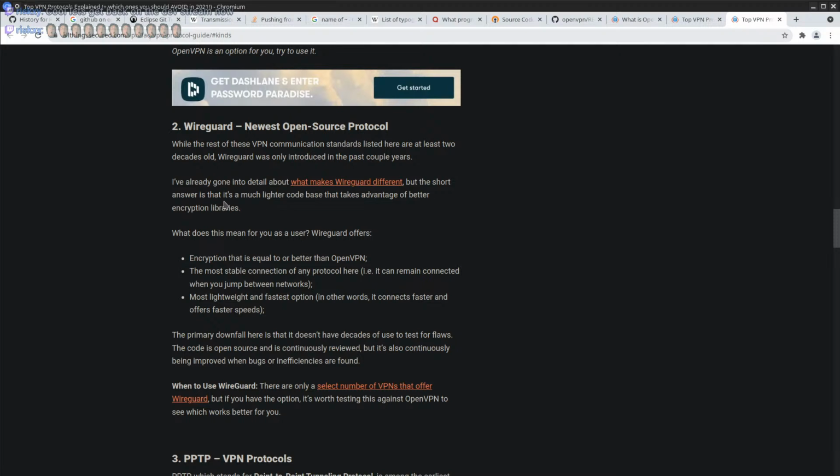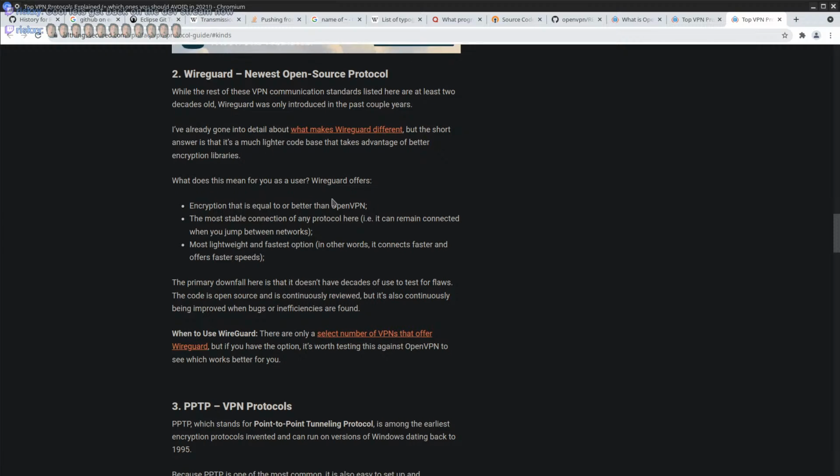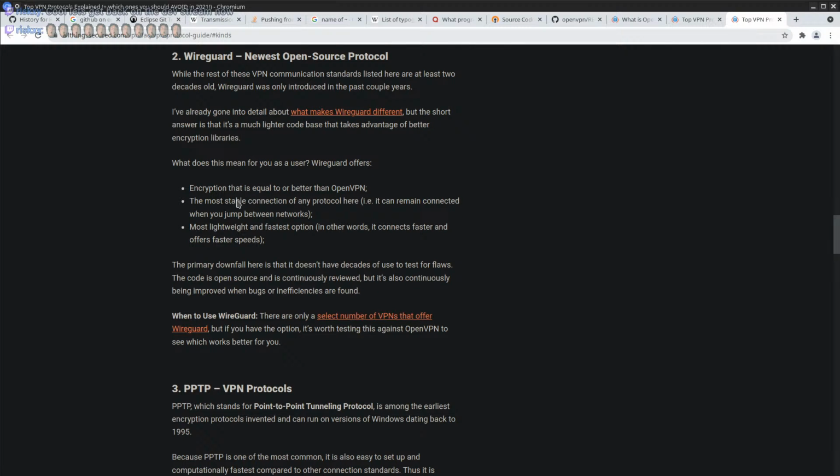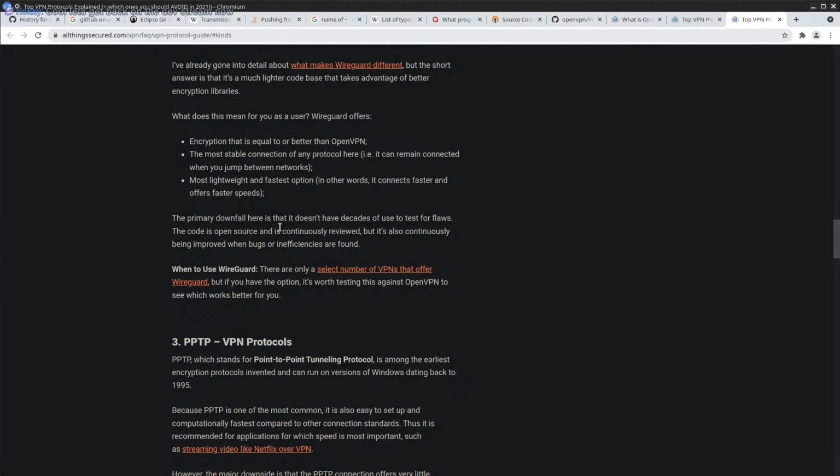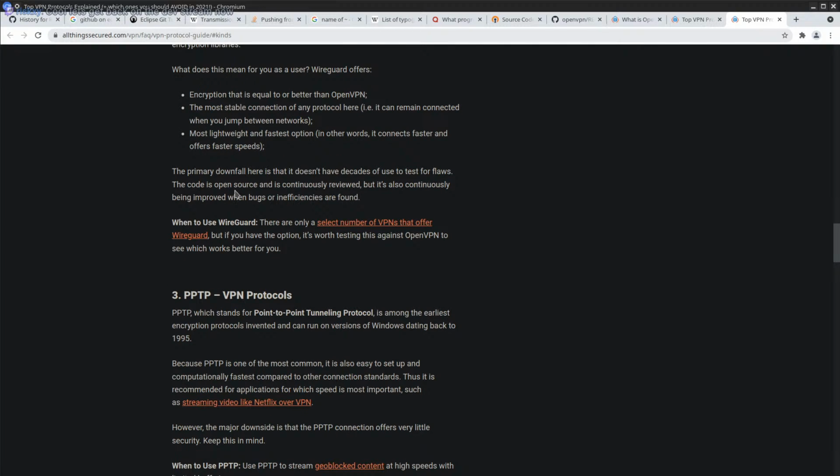But the short answer is that it has a much lighter code base that takes advantage of better encryption libraries. What does it mean for you as a user? Encryption that is equal or better than OpenVPN. The most stable connection of any protocol here. Most lightweight and fast option. Okay, that's all the good advantages.